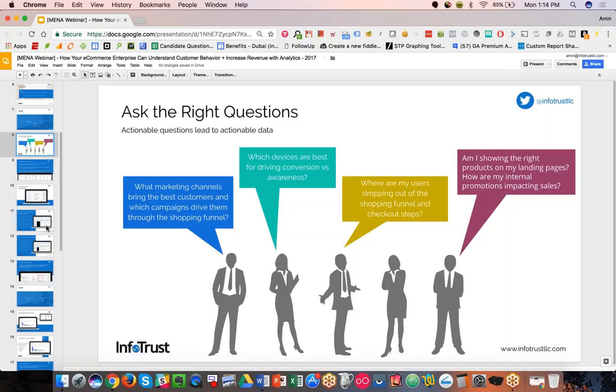So this might be reporting that you have currently, and I'm just going to explain how you can actually leverage it, or things that you might want to plan to implement, plan to add on, because it could give you some really key insights when you're running some analysis.